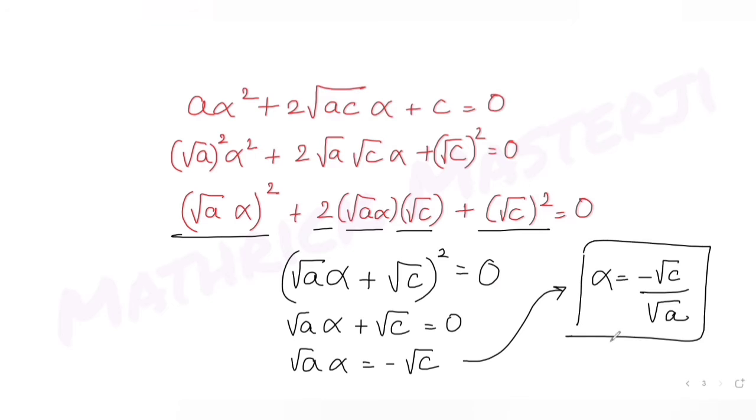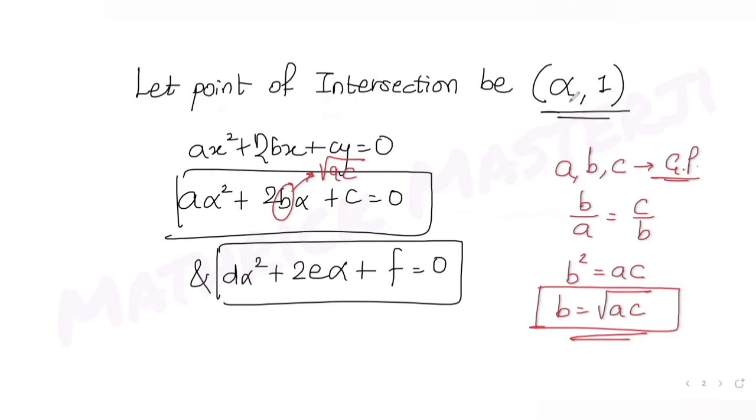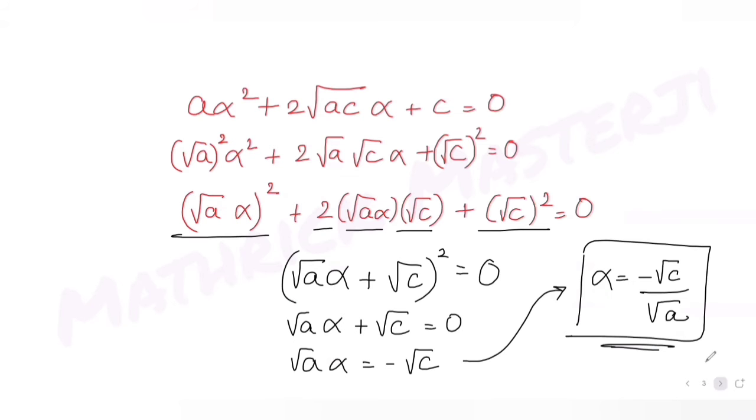So I get the value of the x coordinate also of the point of intersection, that alpha, it's nothing but minus root c over root a. Now once I have that value here, if I put that in the second expression that we have, d alpha square, so minus root c over root a the whole square,